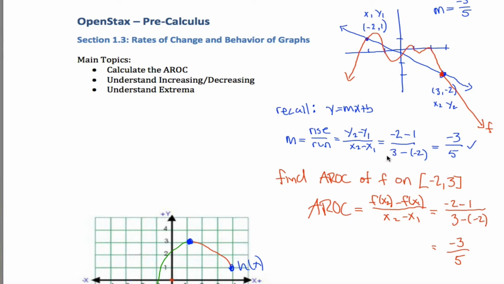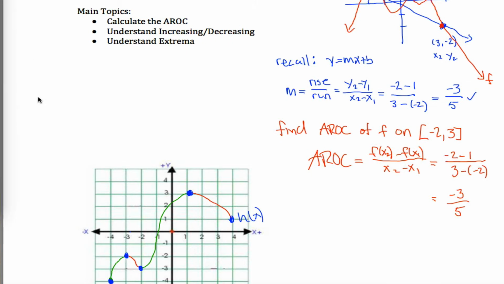There's another way you can... okay, so the way these questions will be asked, anytime you have a function, you can figure out the average rate of change. You'll always be given the 2 x coordinates. All you've got to do is be able to figure out the 2 y coordinates. So whether you figure out those y coordinates from the graph or figure them out from an equation, like something,